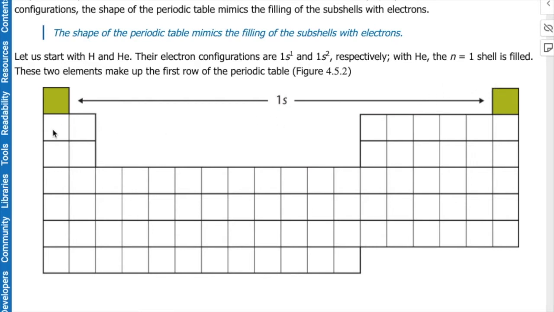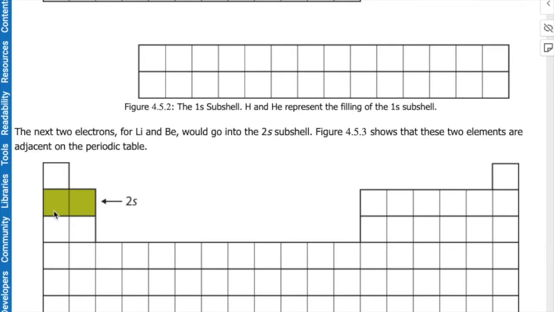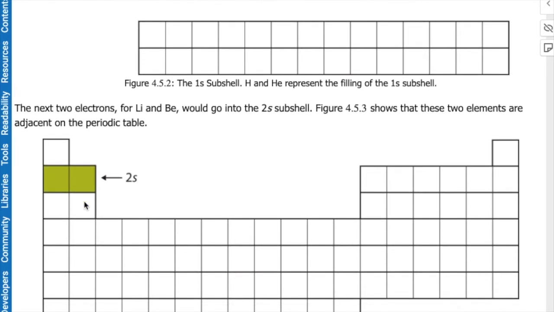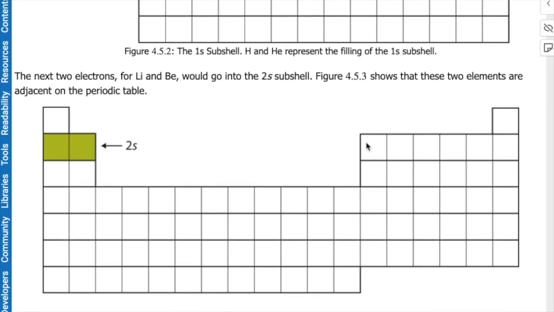Once you get to lithium, there are 3 electrons, and so we need to start the next orbital. They don't all fit in the 1s orbital because s orbitals can only fit 2. So 2 electrons fit into s orbitals, and you'll notice that this part of the periodic table, this wall of the castle, is 2 blocks thick. That's because these elements are filling up the s orbital. So here we have lithium and beryllium filling up the 2s orbital. And then we jump to